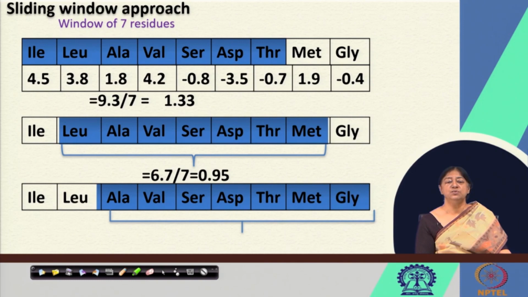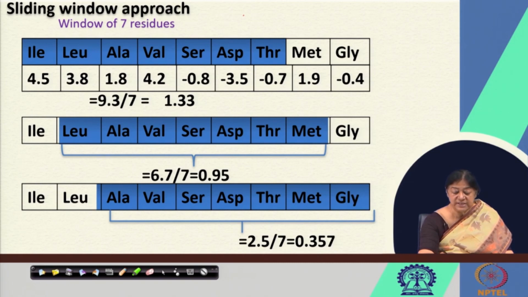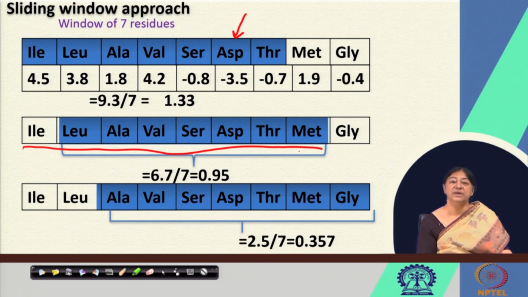Now, when we do this, what we are actually trying to look at is whether we have a positive region. What is this positive region going to tell us? The positive region is going to tell us that we have a hydrophobic region in this case, because if we look at it, there is here an acidic amino acid, but the overall region that we are looking at is actually hydrophobic in nature,